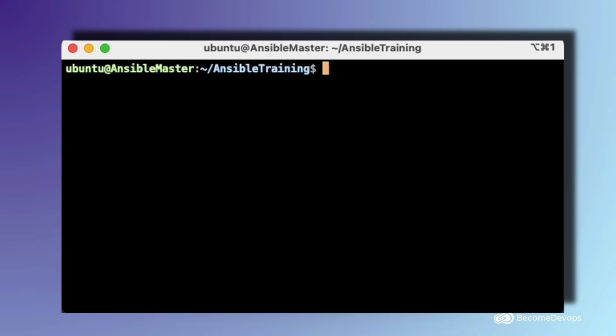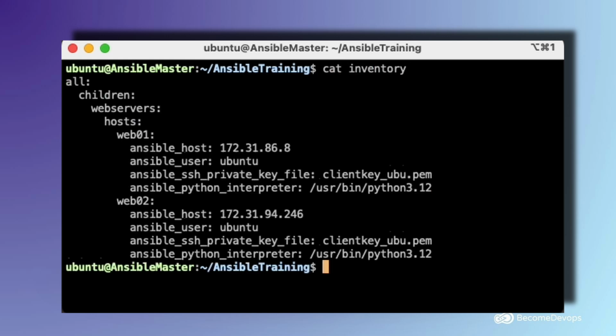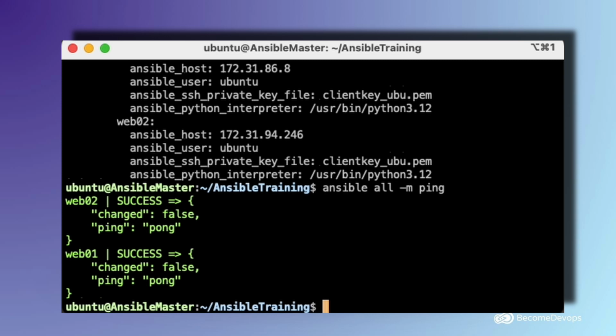Let's go. Okay, let's now move on to our CLI. As one of the first things, I'm going to show you my inventory so you can see which nodes I have. And as I previously explained on the diagram, we have two nodes, Web 1 and Web 2, and we have simple inventory parameters like the IP, user, and the private key that I'm using for connecting to the machine. Let's run a quick ad hoc command. And we can see that both nodes are already available,